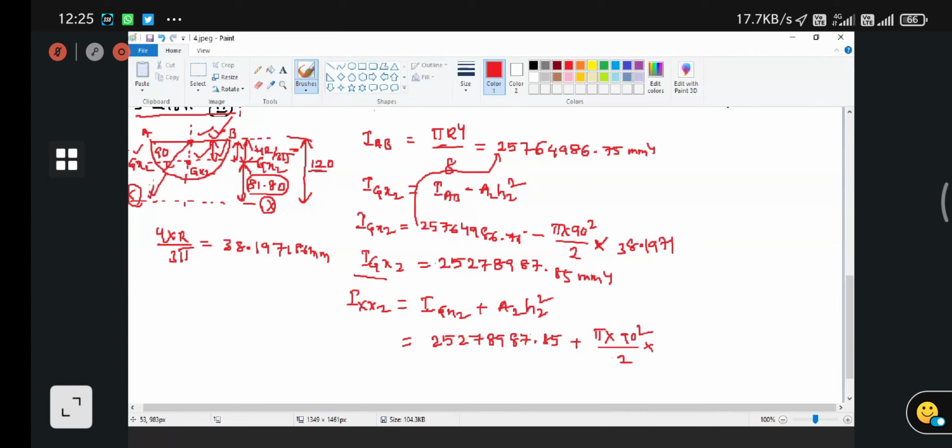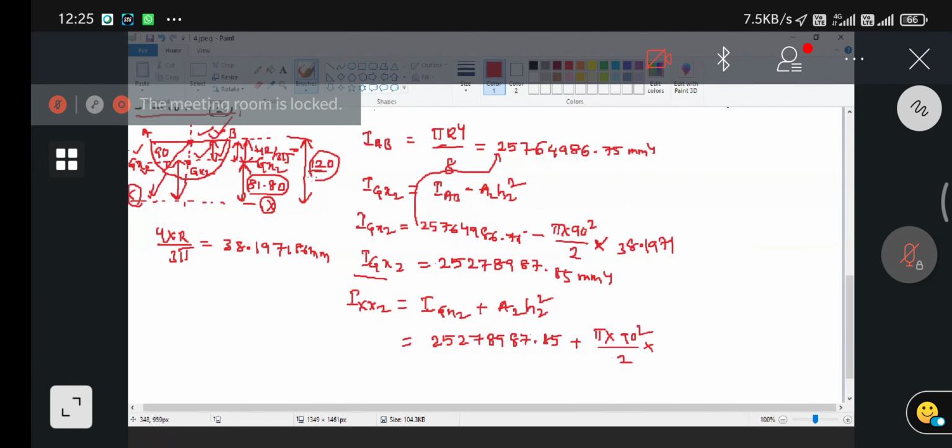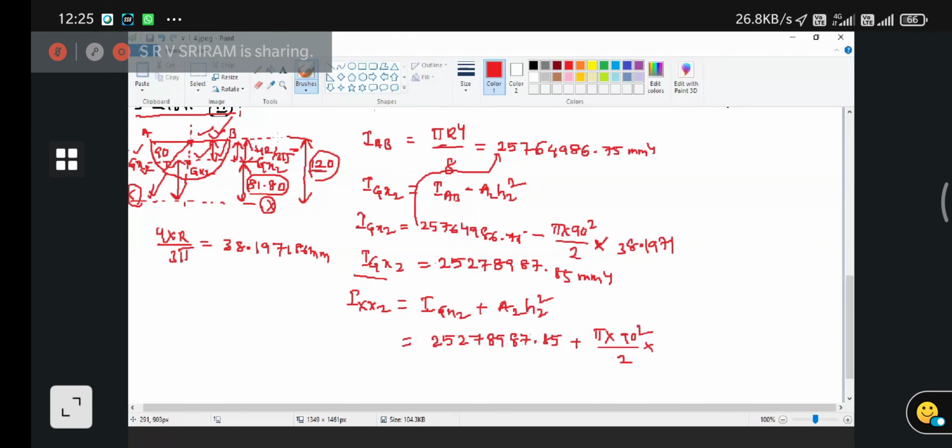So this is your x-axis and this is the Gx2 axis. Now these two are parallel. So whatever the perpendicular distance between these two is your 81.80. So that comes from subtracting 4r by 3 pi from 120. So that is the value of 81.80 you have to give. If you do it, you are going to get the entire value of